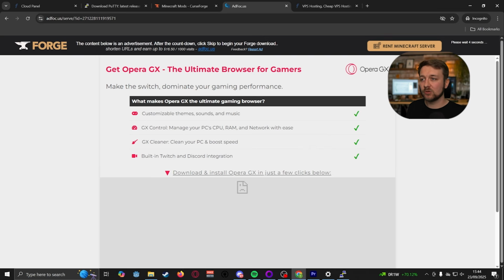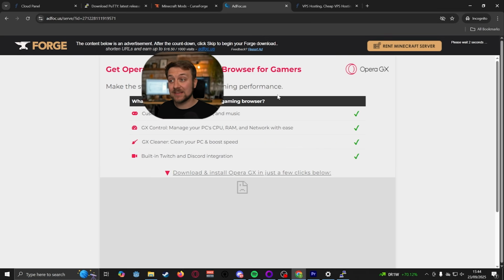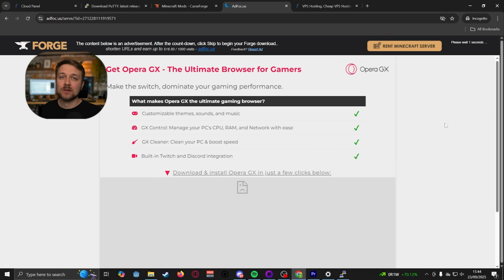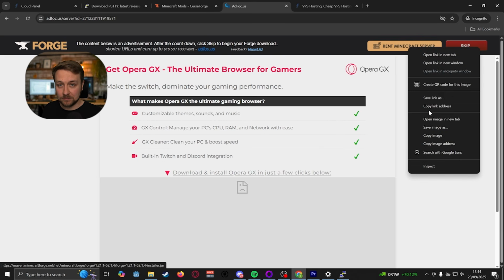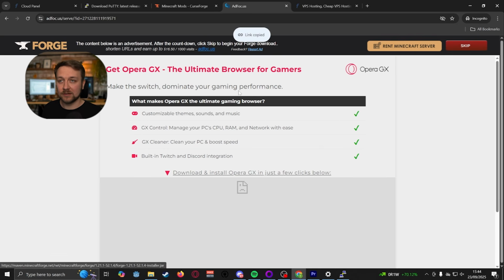That's now taking me through to an ad page. We're not interested in anything else on this page, so don't click anything here. But what we are interested in is the skip button up in the top right. Right click, click on copy link address,